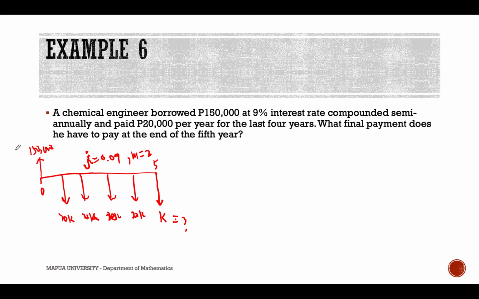Now, since 150,000 is a present value, we compute for the present value of the annuities, and then the present value of K. So we have 150,000 here, which is equal to the present worth of this annuity and then the present worth of this K. So that will be the present worth of an annuity, which is equal to A over I multiplied by 1 minus 1 plus I raised to negative n. So this is 20,000